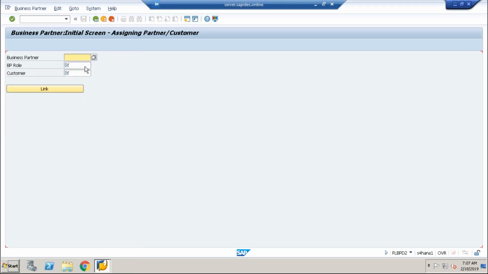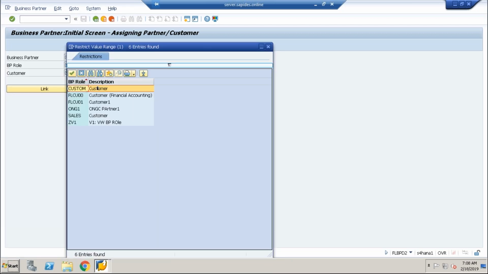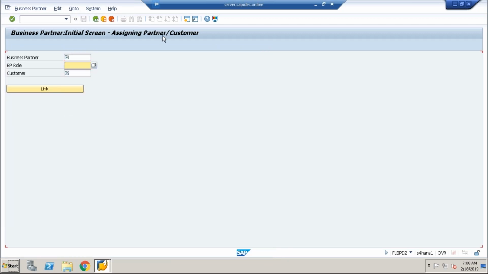Because if you get a customer, there is a provision, but the only thing is that you cannot create everything as an individual. If there is a specific customer for which you want to create a business partner, you can create it. Then you'll have to link the business partner you created and the customer to the role. So I'll talk about the business partner role. Whichever role is there, we can create a business partner for it. The same thing is applicable for a vendor as well.